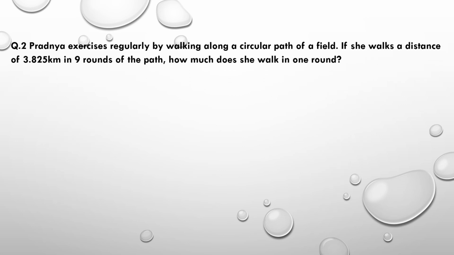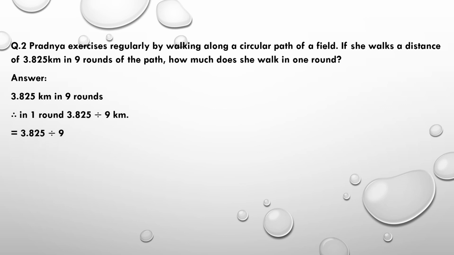Question 2. Pradnya exercises regularly by walking along a circular path of a field. If she walks a distance of 3.825 km in 9 rounds of the path, how much does she walk in one round? Answer. 3.825 kilometers in 9 rounds. Therefore, in one round, 3.825 divided by 9 is equal to 3.825 into